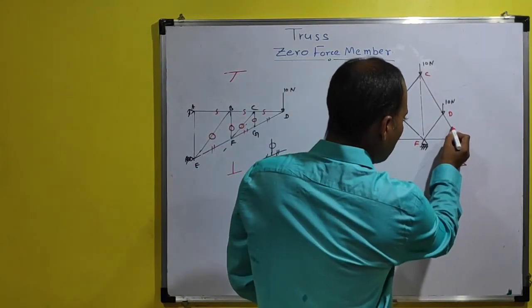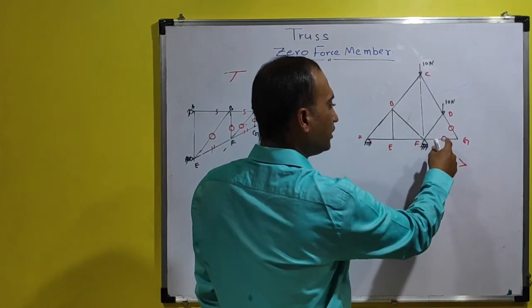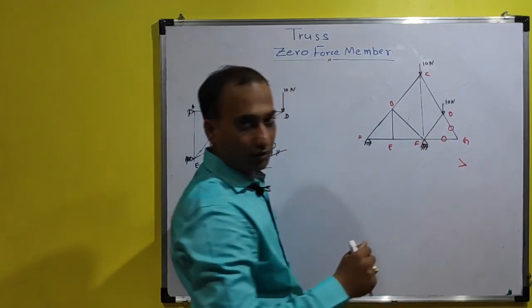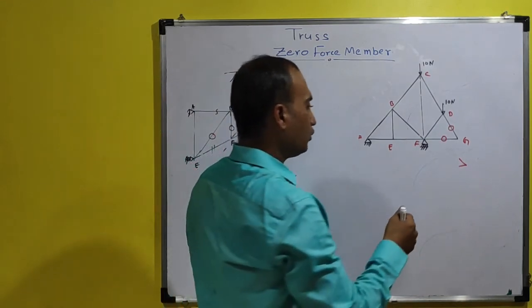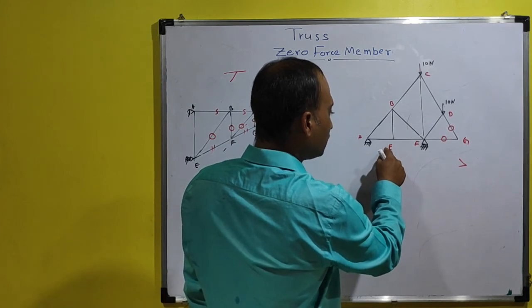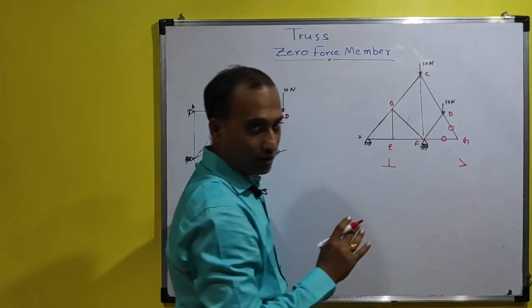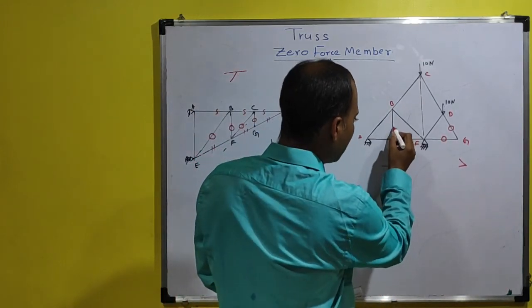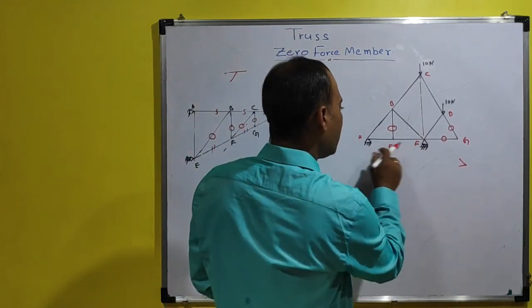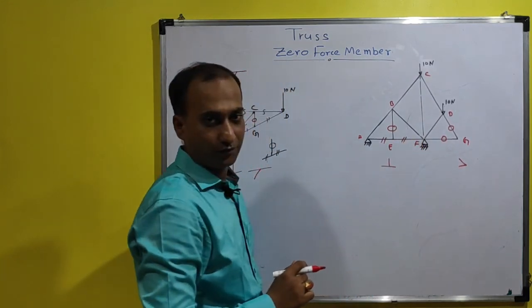whenever there is a V joint, both members will have zero force. If we assume that they are not in the system, then also we will not find any nearest V joint or T joint. Now let's find another joint. Here we can find joint E is a T joint. So it is like this, and hence the member making the T joint has zero force, and for the members which are collinear to each other, the forces are equal.